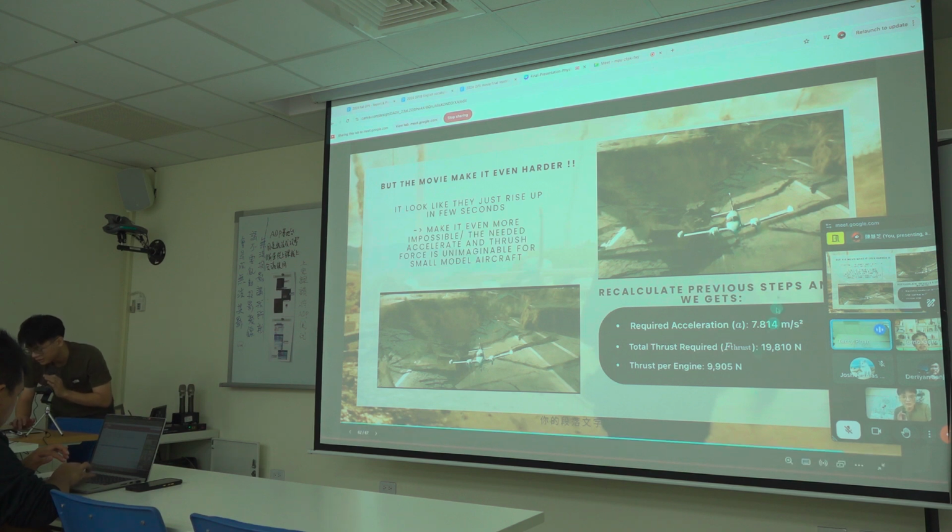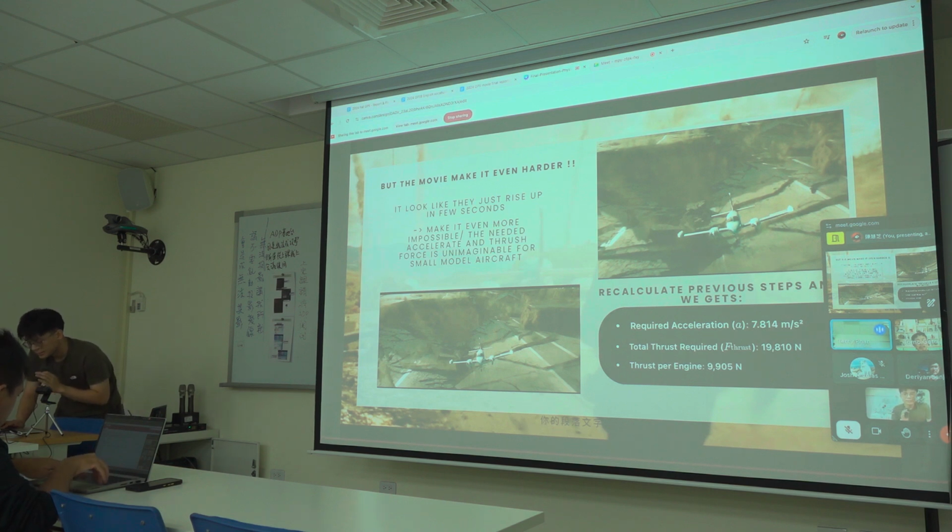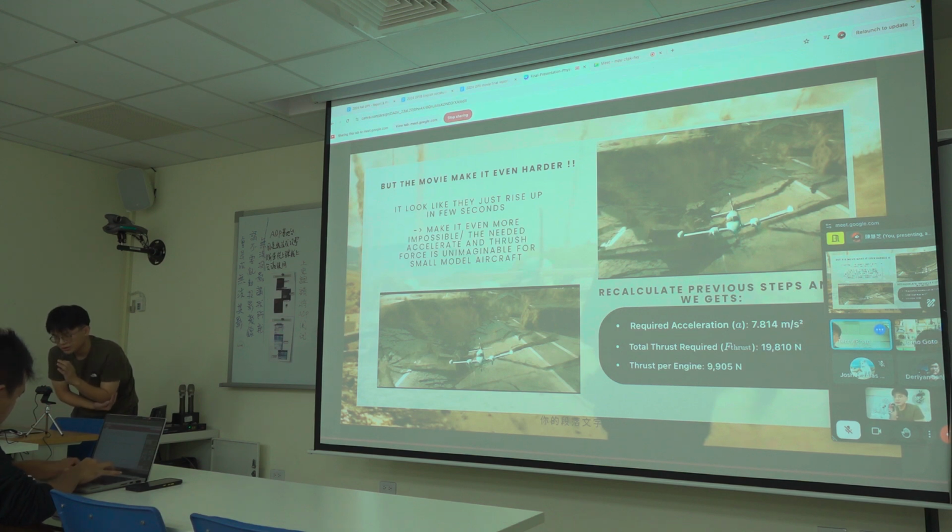And here, just like the previous calculations, you can calculate the total thrust force and the thrust force per engine, because it's a twin engine motor aircraft. But you can see that maybe in the movie they just make the